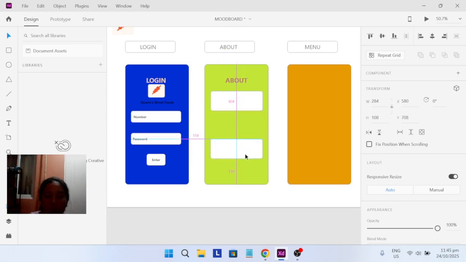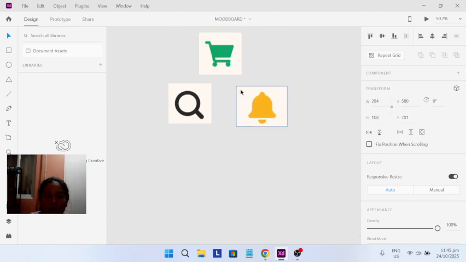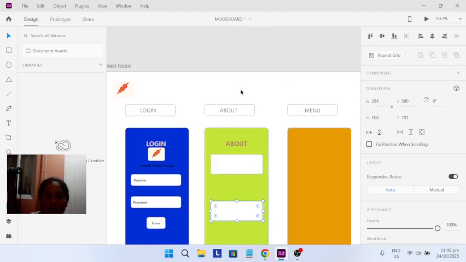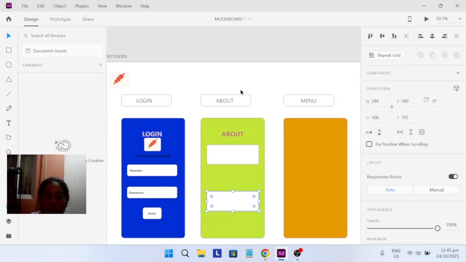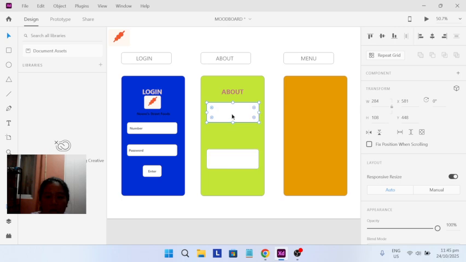Kunwari here is the menu description. This will serve as the info of all the menus that are available.